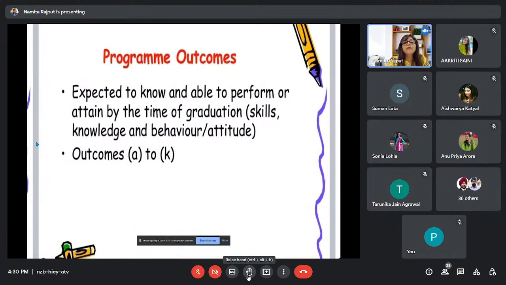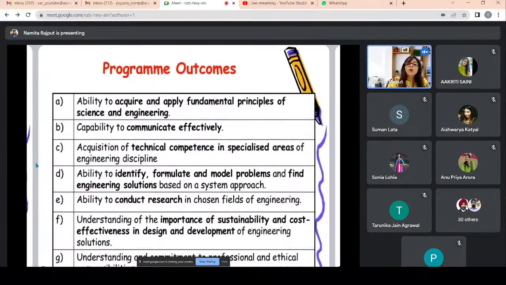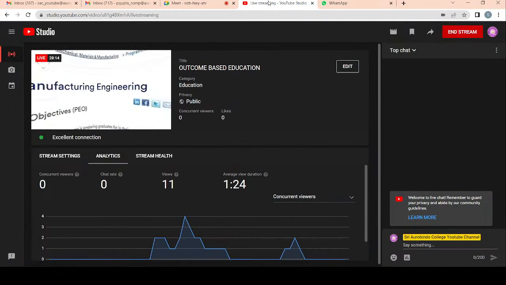We are expected to know what we are able to perform after the completion of the graduation. That is the KSA, that is, knowledge, skill, and attitude. You can see here those 12 program outcomes, which are common for everybody because they are given by the accreditation body. Every organization has a minimum of 12, but you can always expand it. An institution has the flexibility to increase from 12 to 15 to 20,